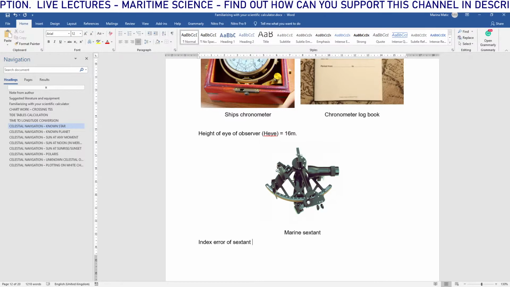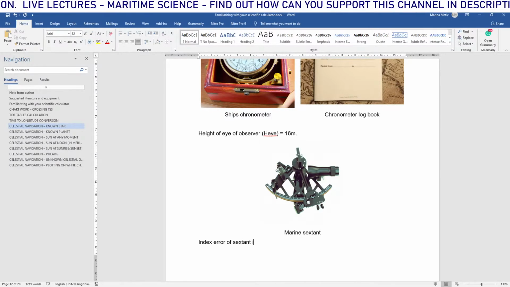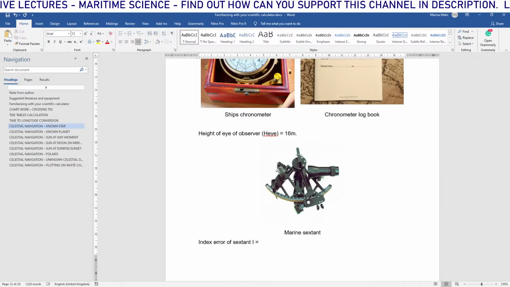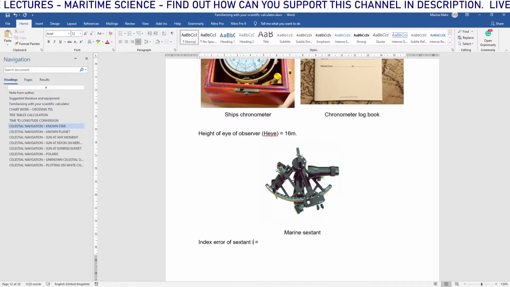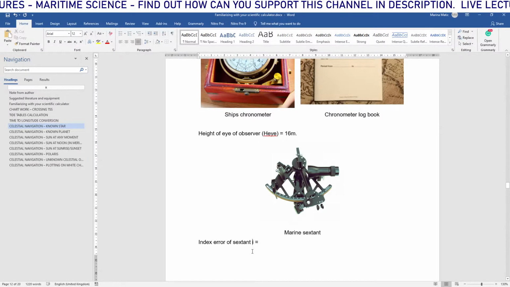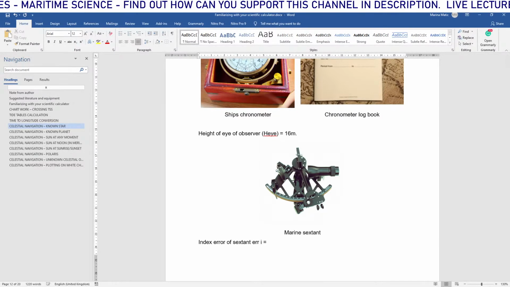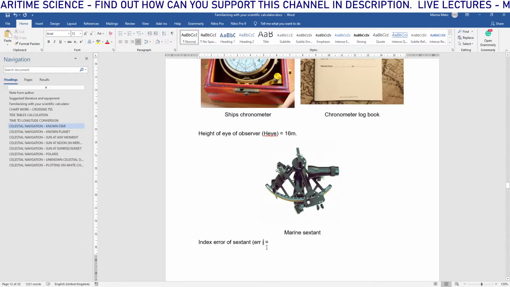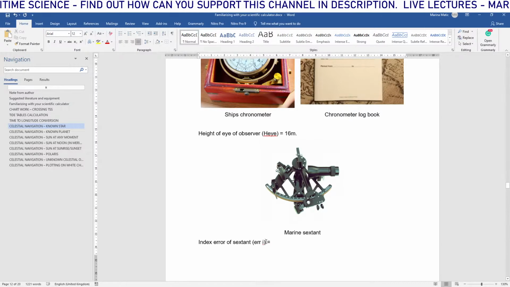Now it is usually labeled with the letter E, but as with everything on this planet, everybody has their own mark. So I'm going to just put it as error E or index error, and I'm going to change this later on. I'm going to look